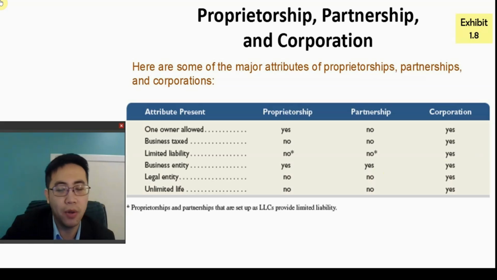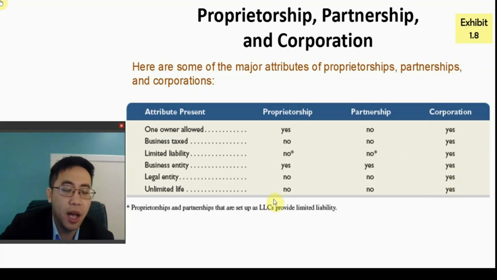And you probably have to hire a team of attorneys or even a number of law firms to establish a corporation. But to establish a sole proprietorship or partnership is relatively much easier. For example, I can just go to my city in Illinois and just fill a form. It just takes about 2 hours to get my business license. That's for a sole proprietorship or partnership. But for a corporation, it's way harder to finish all the legal paperwork.